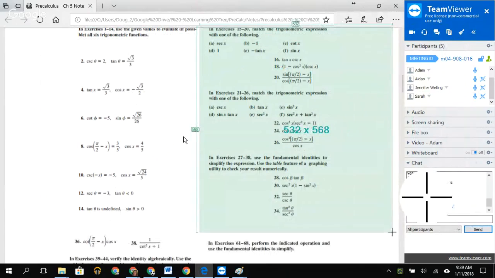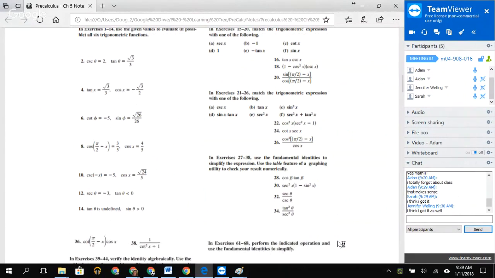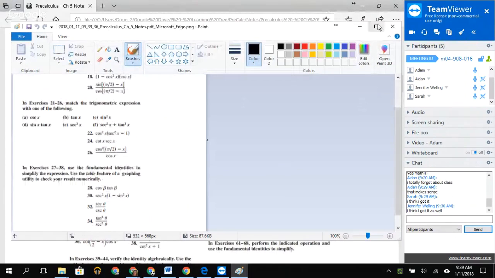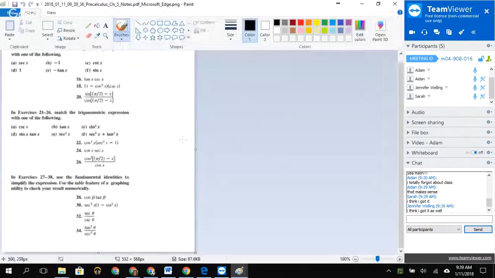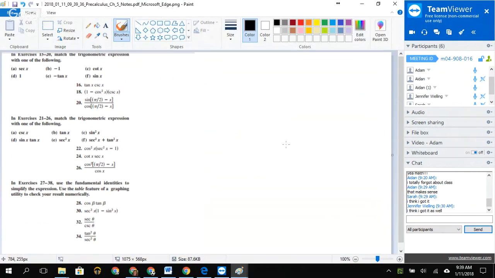So 1 through 14 is just review of chugging through how to do that kind of thing. This is where we start to get something new, but based off of what we know before. Actually 15 through 26 are all the same. They have a multiple choice. They're giving you a trigonometric expression, and they're basically asking you to simplify this. Okay, so for example, number 18,